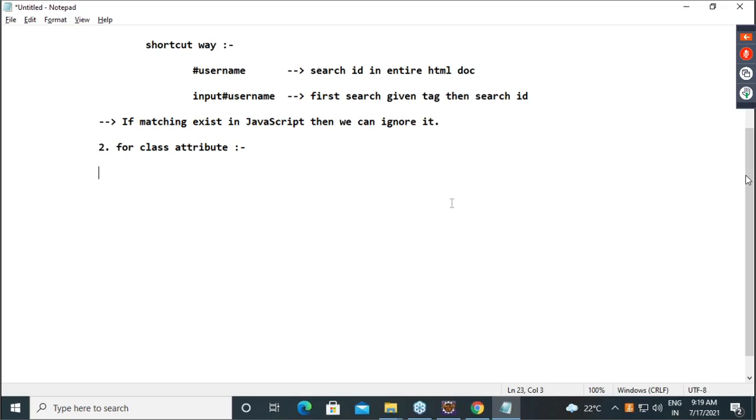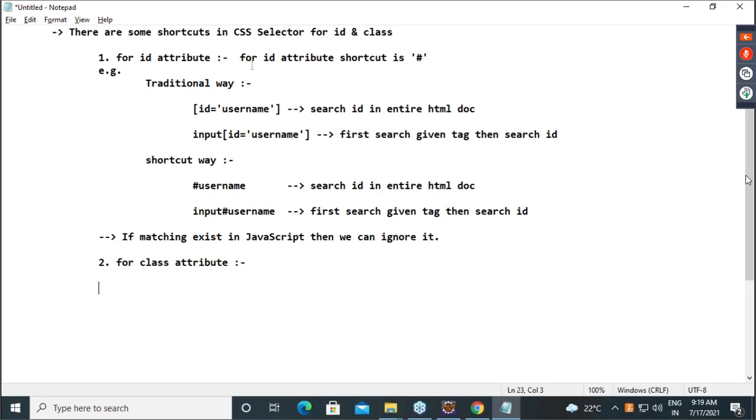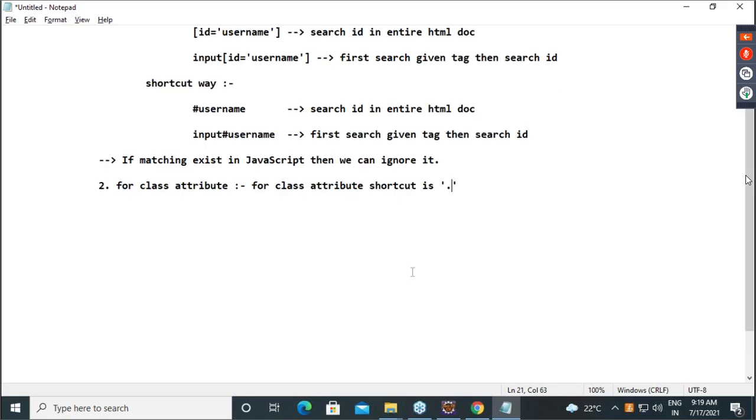What is the shortcut? Dot. So here we will say for the class attribute, the shortcut is dot. That's it.